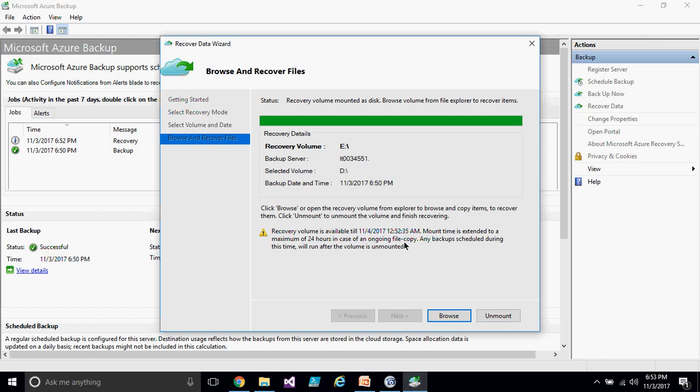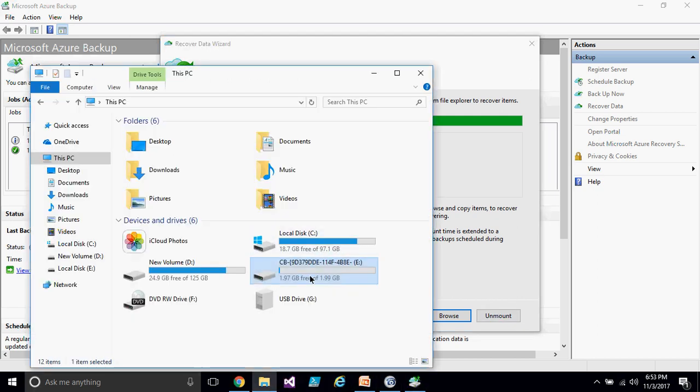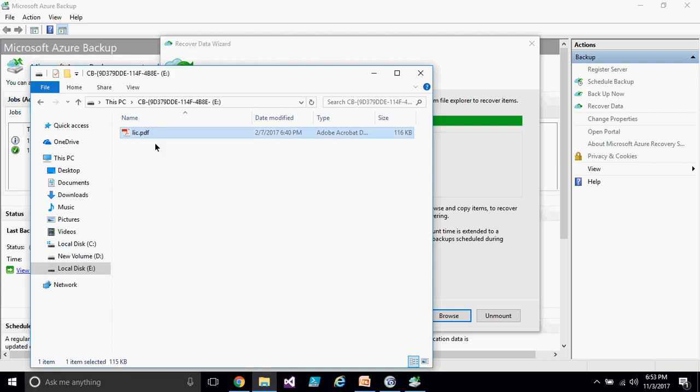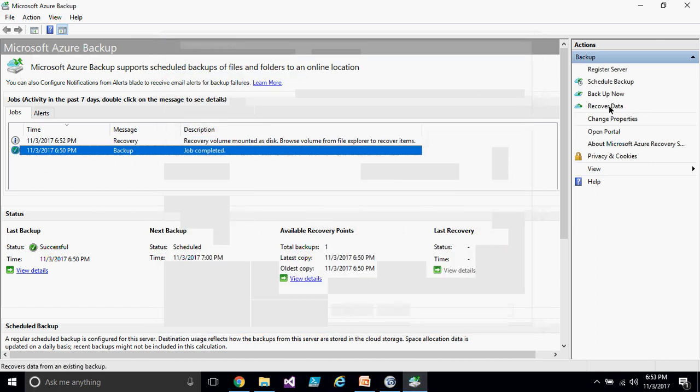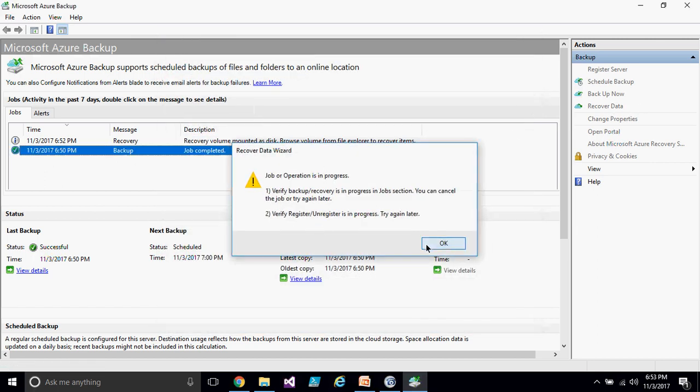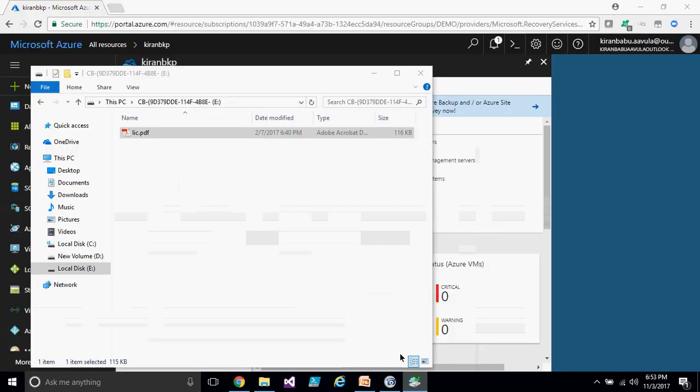Okay, and this is available for 8 hours. So after that it will automatically unmount. That means this temporary drive will be available for 8 hours. So you can copy the data that you recovered from the cloud and you can end it. Or if you want to recover from a different this thing,